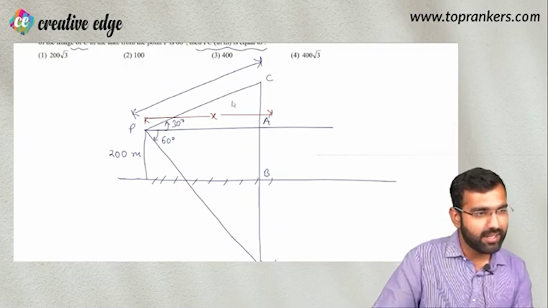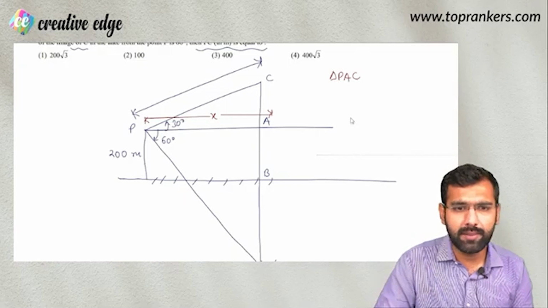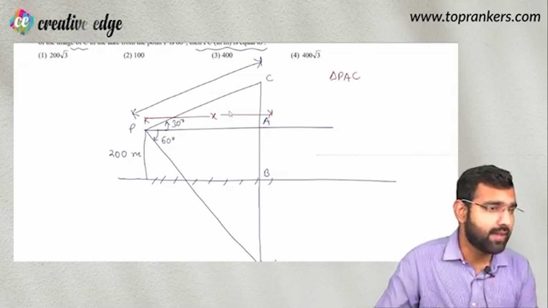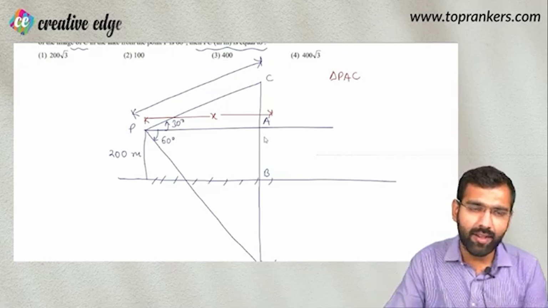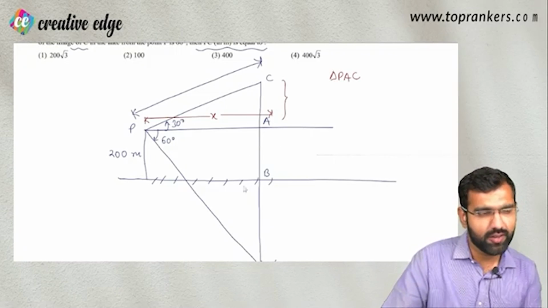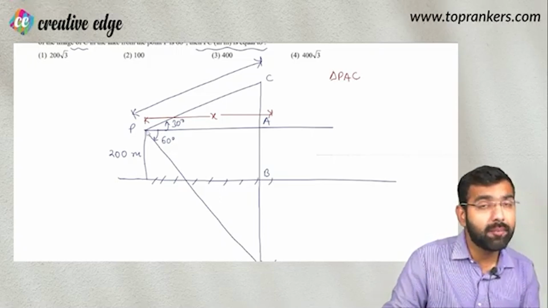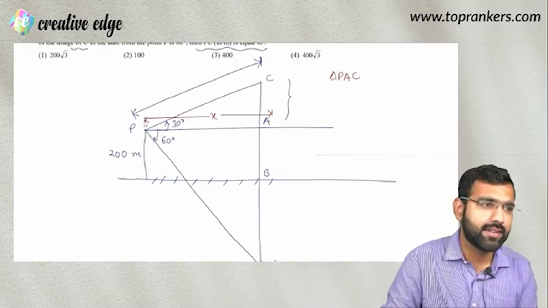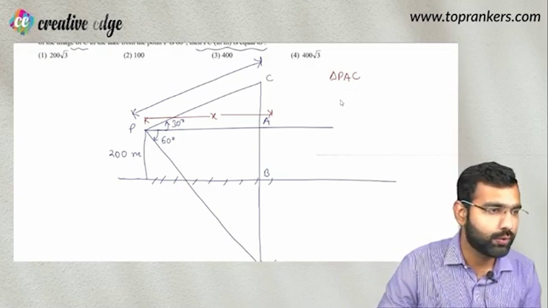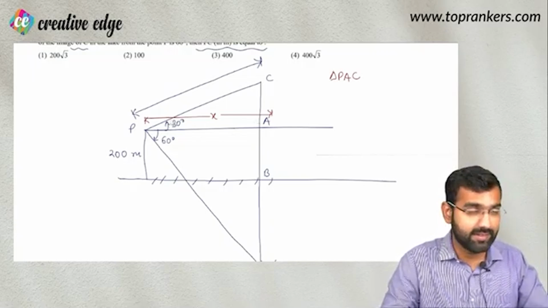नाउ इस ट्रायंगल PAC में वी आर गोइंग टू टॉक अबाउट, सो आई एम गोइंग टू टॉक इन टर्म्स ऑफ ट्रायंगल PAC, राइट। कैन आई से इन ट्रायंगल PAC this PA we have, I hope you all can see this, and we have this AC। अगर मैं हाइट वर्कआउट कर लूँ तो बहुत हद तक चीज़ें पता की जा सकती हैं। देखो ध्यान से, अगर ये लेंथ हमने X एज्यूम की है तो आई थिंक ये हाइट पता की जा सकती है ऑन द बेसिस ऑफ दिस एंगल। नाउ इफ आई ट्राई टू डू सो, हाउ डू वी डू दैट? एवरीवन पे अटेंशन। कैन आई से दिस इज परपेंडिकुलर एंड दिस इज बेस एंड दिस इज द एंगल,